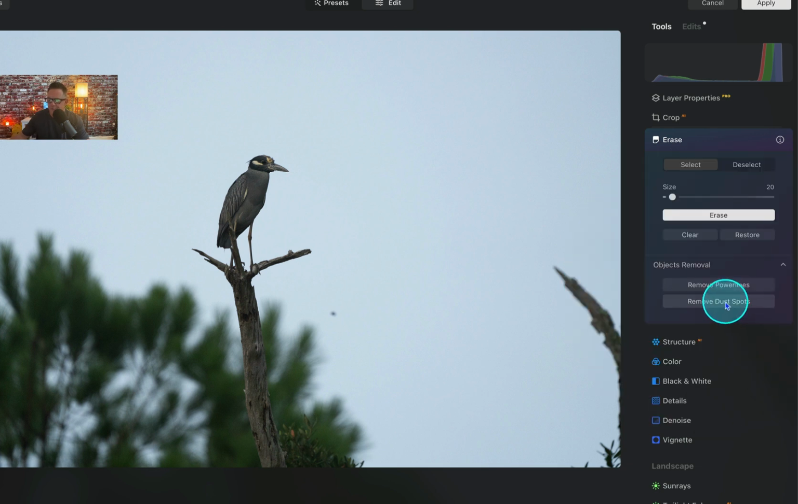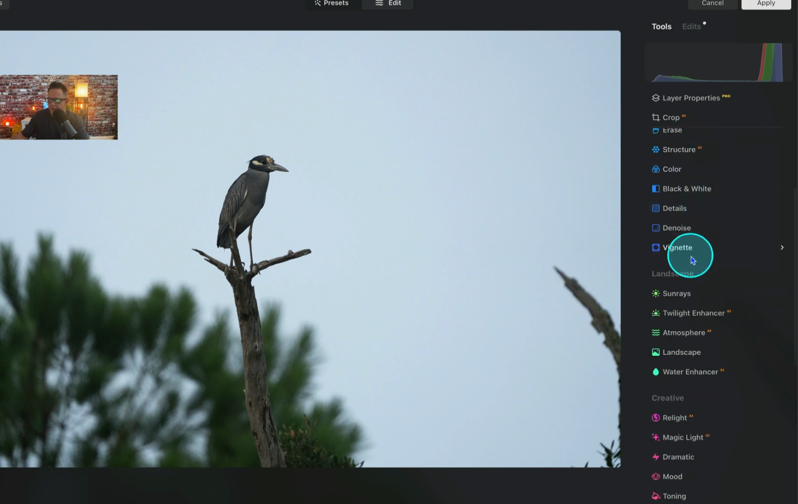But I would do like the remove dust spots if I was coming into Luminar Neo to do any other edits. And this should, in theory, remove that dust spot, and you see that it did very easily, very quickly. So it has a pretty good erase tool inside of it that I use often when I'm in here, and I like this quite a bit. You can